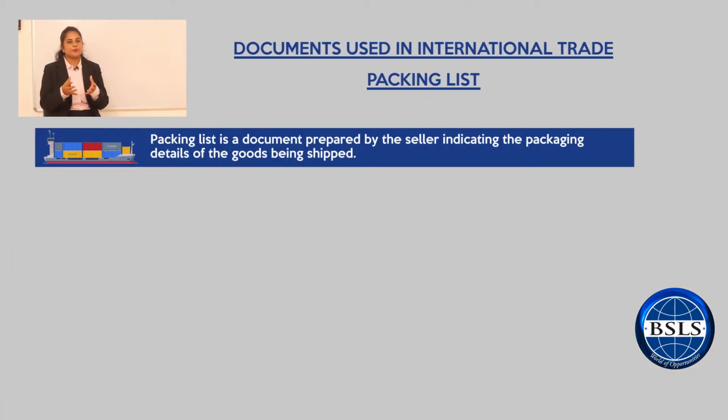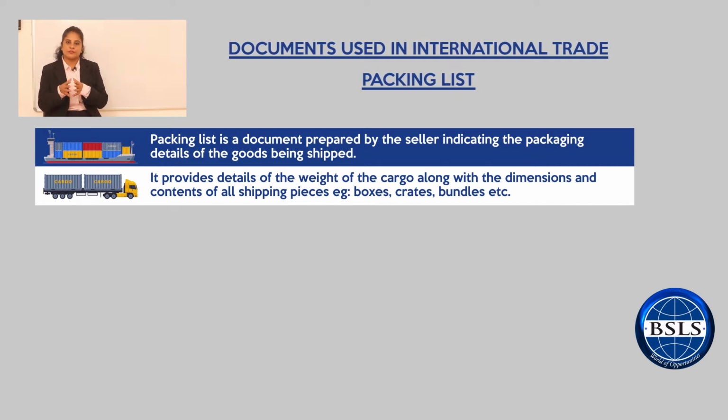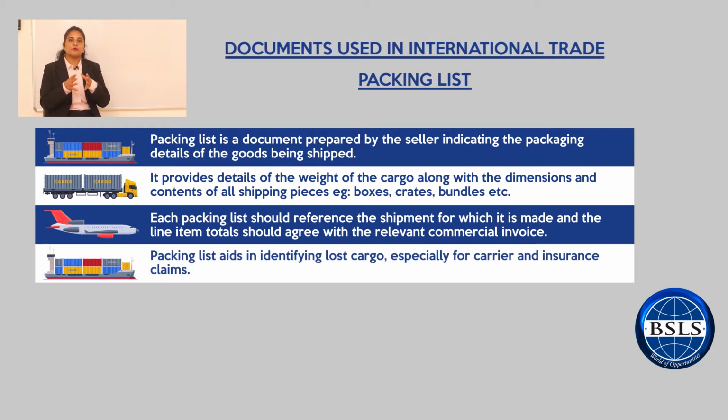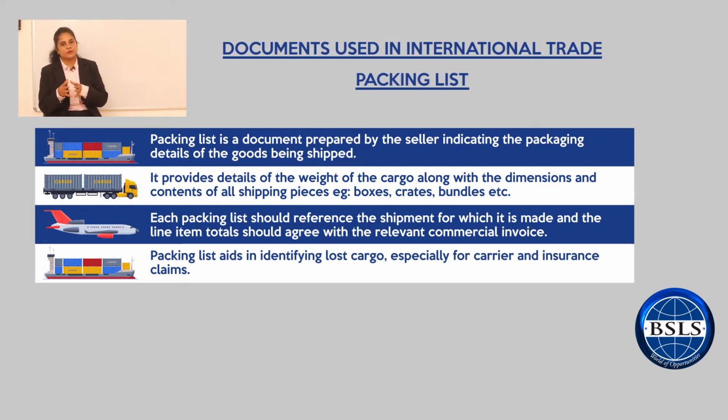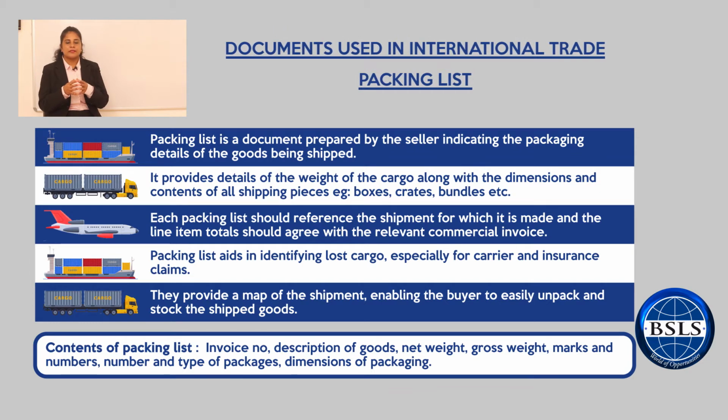The other important document that the seller or the shipper has to prepare in an international trade transaction is the packing list. A packing list is a document that represents the packing details of the products that are being transported. Example, wooden boxes, crates, pallets, drums, etc. It also provides the dimensions of the packaging that is used for the transportation of the goods. Alongside, the packing list also provides key details about the weight of the product that is being shipped. Example, the net weight and the gross weight.